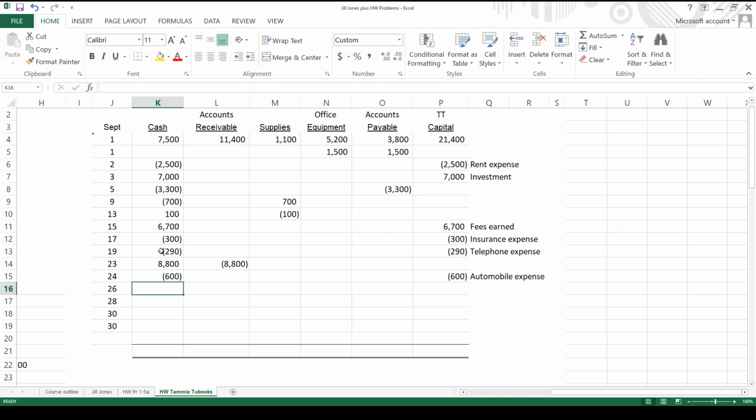All right, so this is like the Jill Jones transaction where she got the Verizon bill and elected to pay it in the next month. So we now owe, since we just got billed, $750 more than we did earlier. And what would the utilities be? That's right, that would